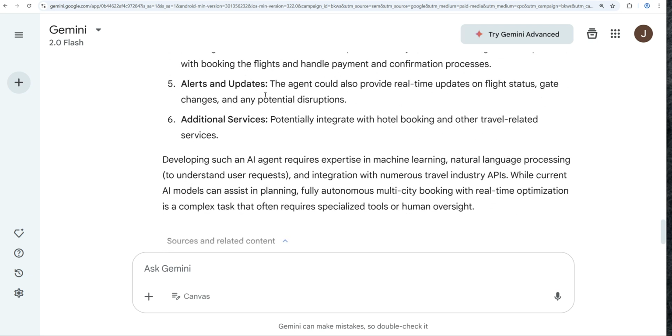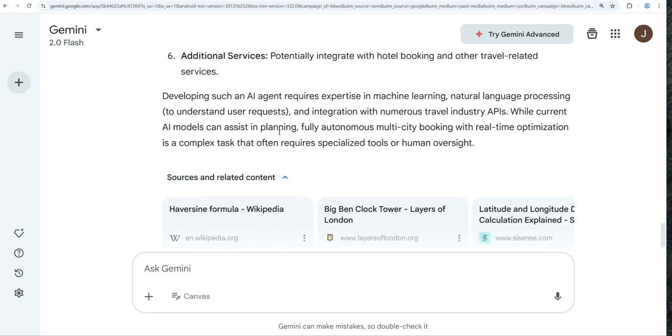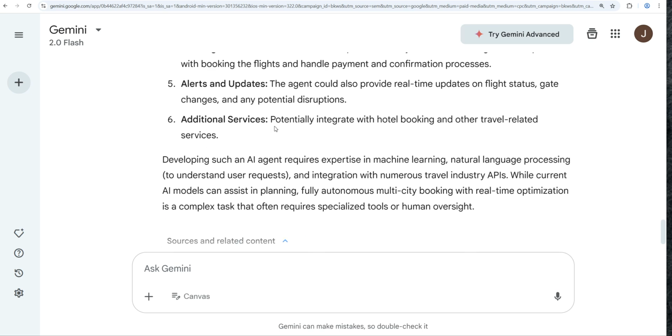You need to do booking and confirmation. You need to handle the payments. Obviously, you need to have the name of the person and whatnot. And then if there are any alerts, you need to have contact information to receive the alerts. So overall, we think that Gemini seems to have